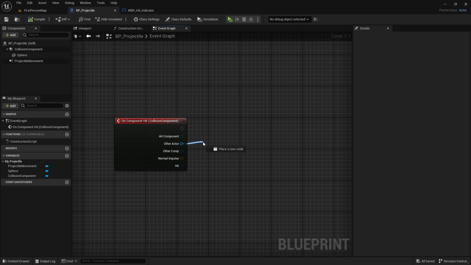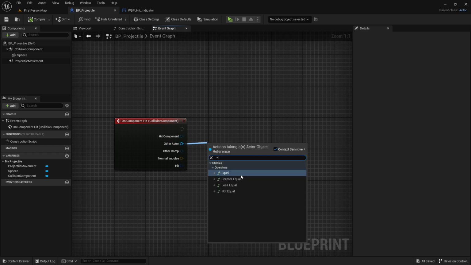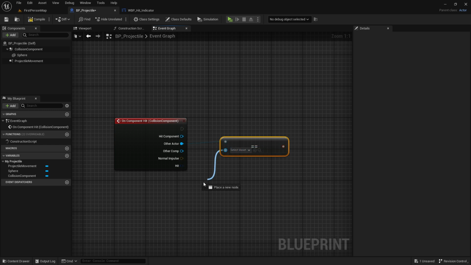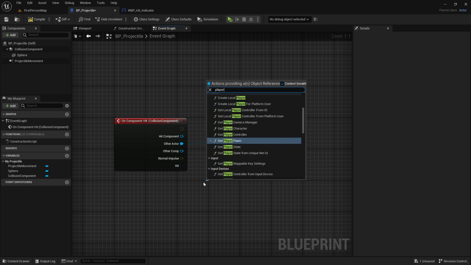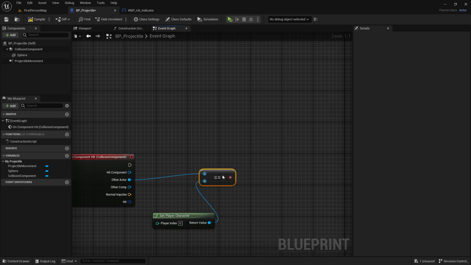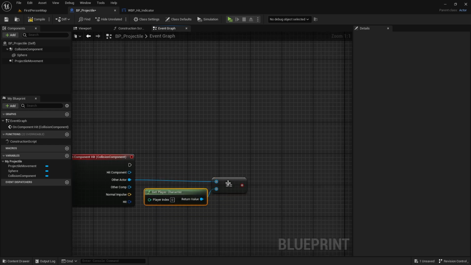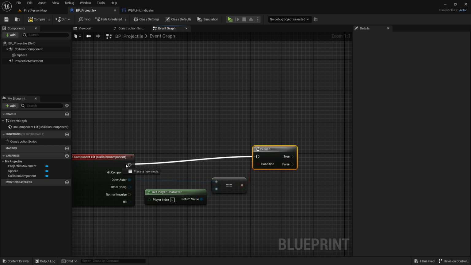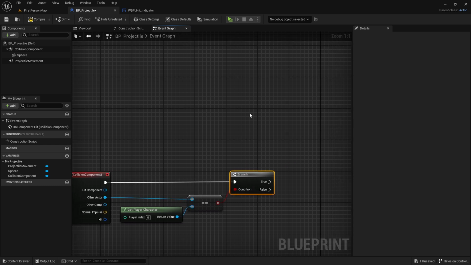And out of other actor, you want to get a equals. For the other part of here, you want to get the player character or player pawn. You can either get player character or player pawn. It doesn't really matter which one you get. Then get a branch. And then out of the true of the branch,